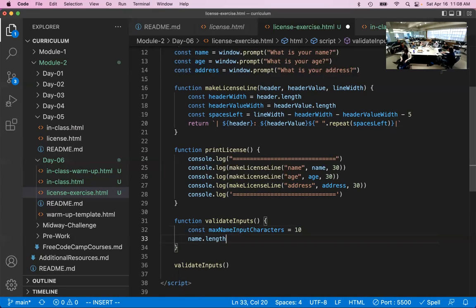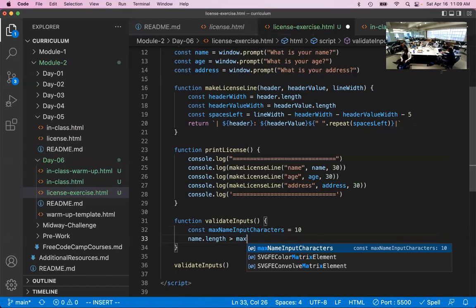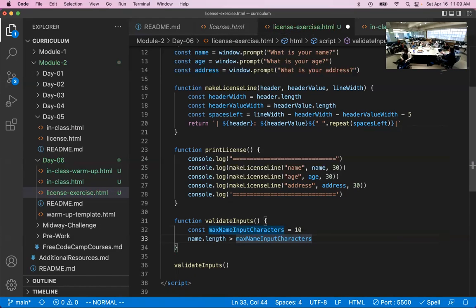Yeah, so is the name dot length greater than max name input characters? So it's okay to have 10. You could have also done greater than or equal to max name plus 1 or whatever, but this is probably what you're gonna do. So if the name is greater than 10,